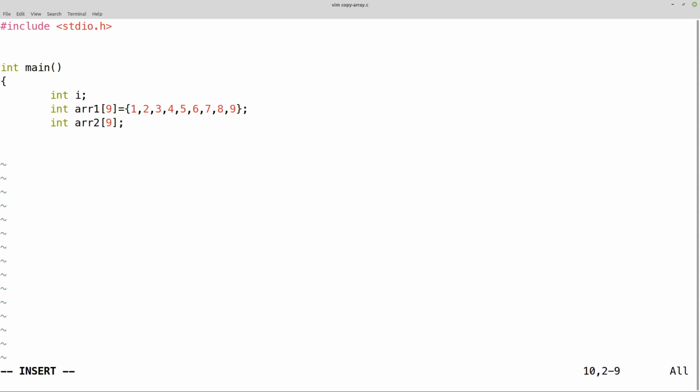And then what we need to do next is a for loop, and we need to iterate through array1, and for each element in array1 we want to copy that into array2. So that needs to look like this. With a for loop we'll say for i equals 1, to i is less than 10, i plus plus,